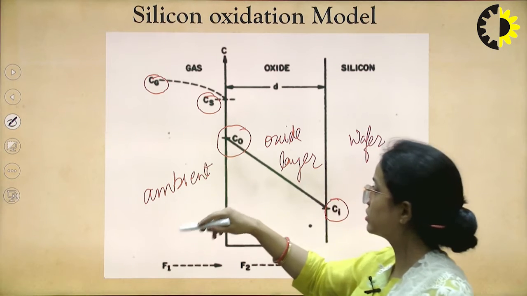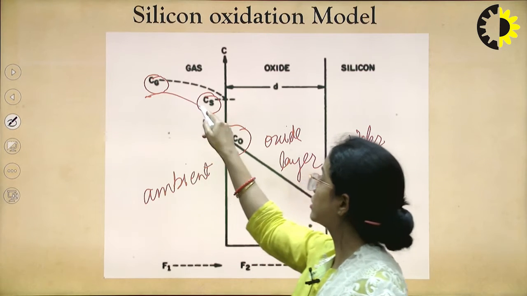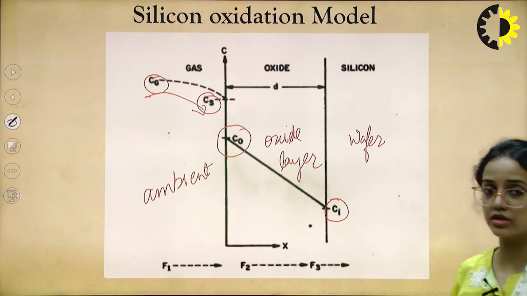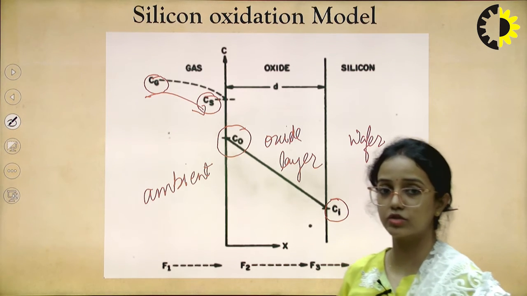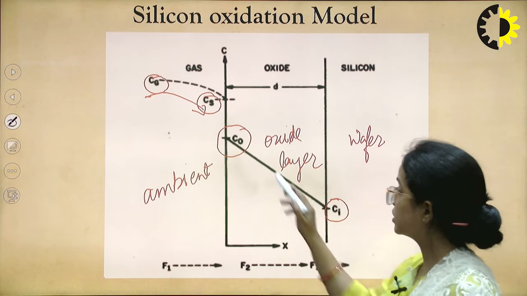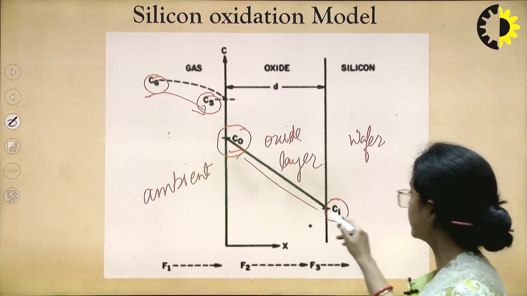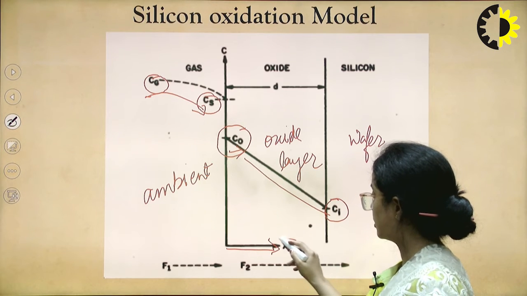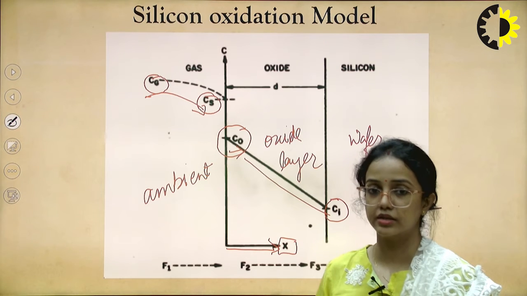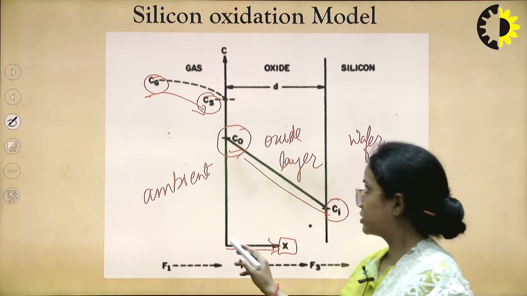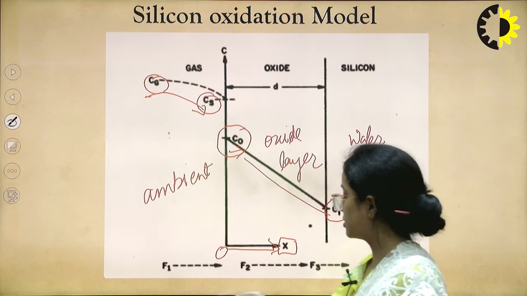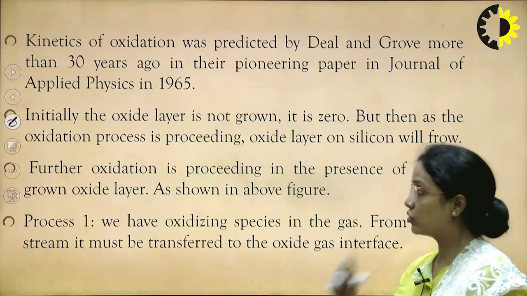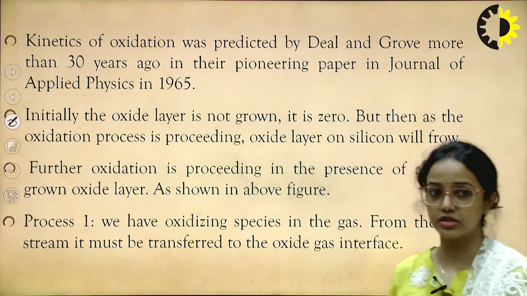So first of all, it was a gas molecule. It has changed its phase, and it has solidified. Now from the outer interface, it has entered the inner interface, and here x is the distance from where the contact starts. 0 is the distance from where the contact starts, and it is x. So F1, F2 and F3 are the fixed constants.